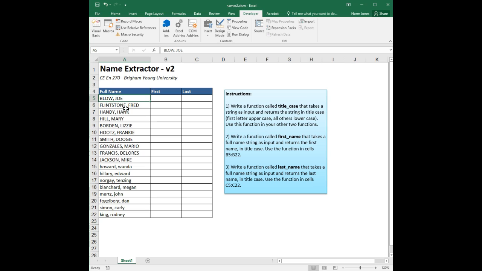Instead of writing a loop, we are going to write a couple of custom functions, actually 3 custom functions. We're going to write one where you give it a full name string, last name, comma, first name, and it will extract and return the last name. We'll use that in column B. And we'll write another one that returns the first name, the part after the comma,